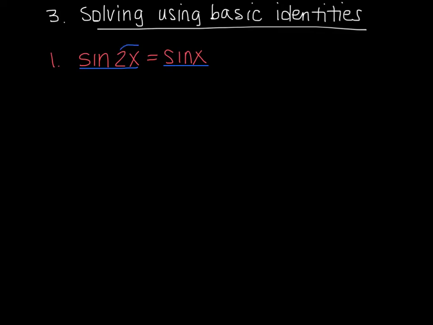So I'm going to use the identity for sine of 2x, which is 2 sine x cosine x, and it equals sine x. Okay, and here's where some people try to do things like, oh, I'm going to divide both sides. No, when we do that, we lose some answers. If you divide both sides by a variable, you potentially lose answers that you might need. So I'm not going to divide by anything.